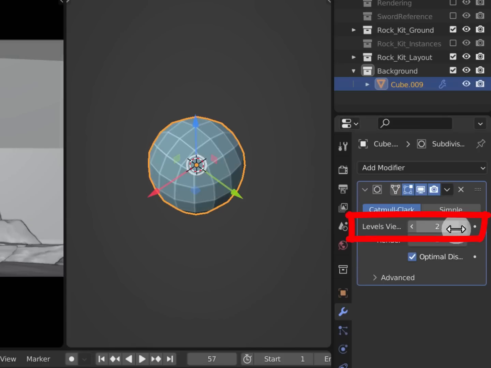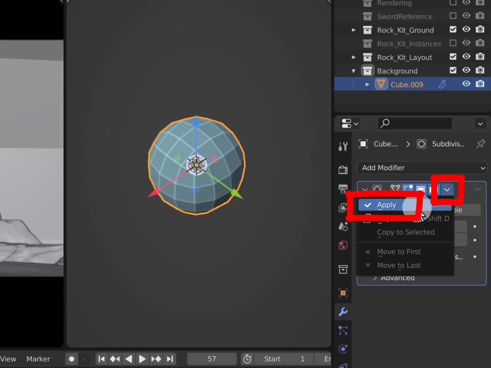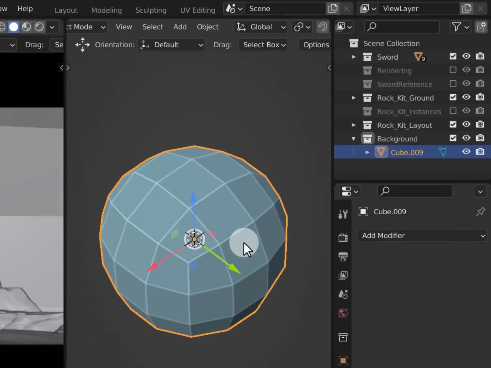Then towards the top of our modifier, I'll go up to the select pull down menu and then I'll select apply mesh. This is going to take the subdivision modifier and bake it down into the mesh so that we can begin modeling on top of it. I'll hit apply, and then for step number 4, I'm going to jump into edit mode and start deleting our